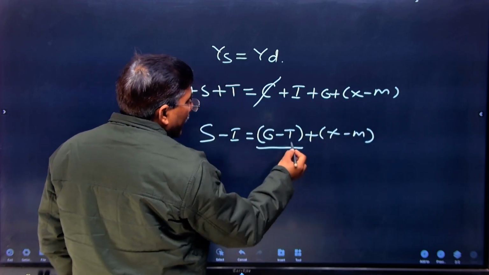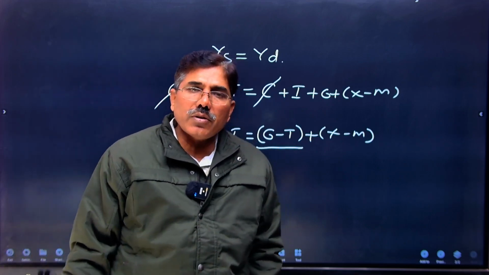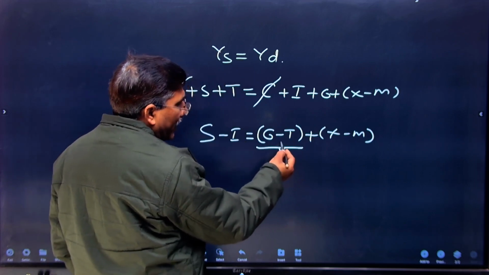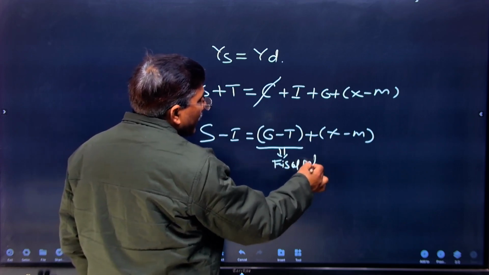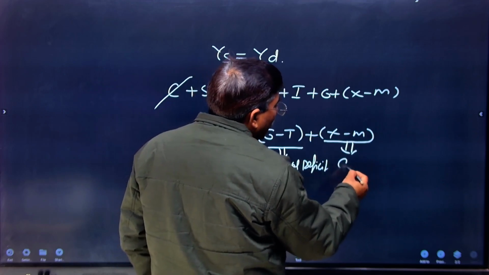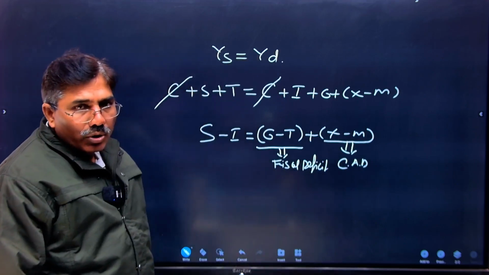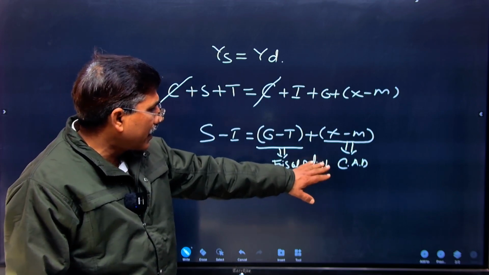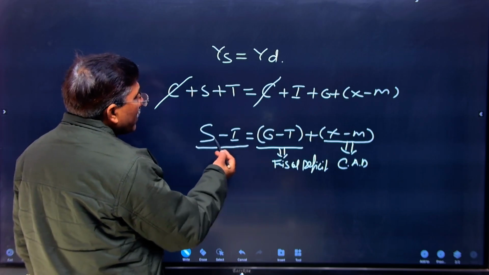That is the difference between government expenditure and, as you know, tax is the source of government income, so G minus T, the government expenditure and income difference, is known as fiscal deficit. Export minus import generally gives rise to current account deficit. I will first explain both concepts and their relation. After that I will analyze the meaning of fiscal deficit, the meaning of current account deficit, and the difference between saving and investment.